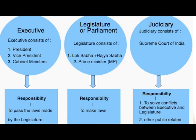Political hierarchy in India. The government of India is divided into three main sections: the executive, legislature, and the judiciary. The executive section looks at the president and vice president as well as the cabinet members, and these people pass laws made by the legislature. The legislature or parliament is the Lok Sabha and the Rajya Sabha, which are the governing bodies of India. This looks at the Prime Minister, and these people make the laws. The judiciary consists of the Supreme Courts, and they solve conflicts between the